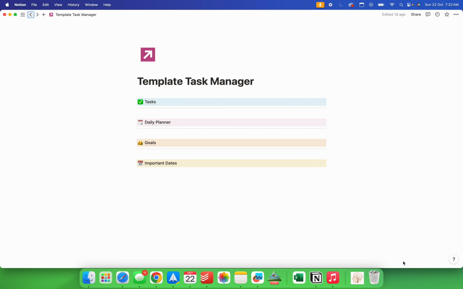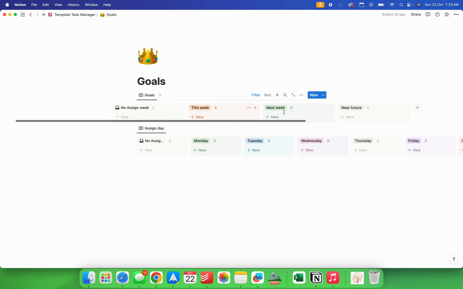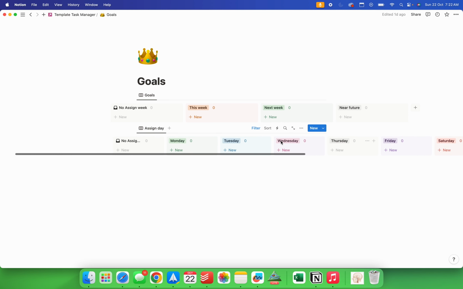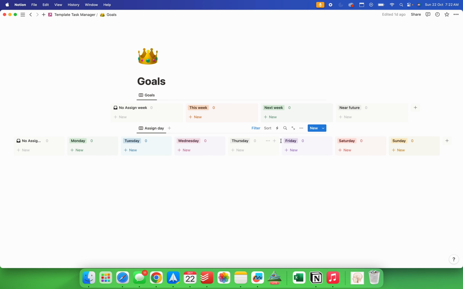Okay, so next let's look at the goals page. So here, this is a completely optional setup that you can use to visually plan out your week and your days. It's completely up to you if you wish to use this or not, but I feel like it's very useful to figure out what you wish to work on in a particular week or on a particular day. If you wish to use this, we go back to our task manager,